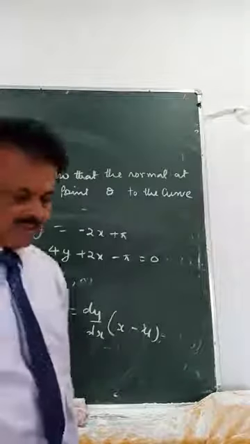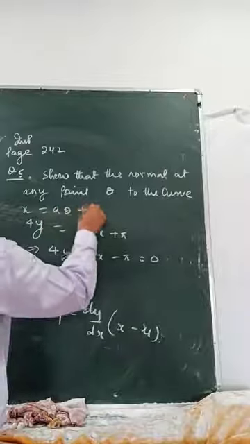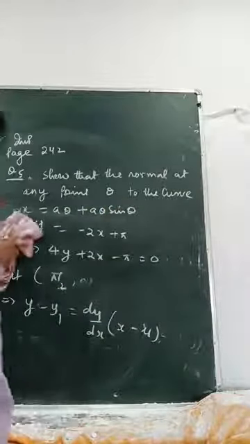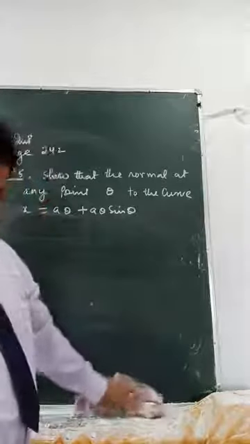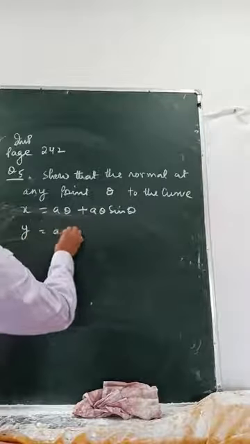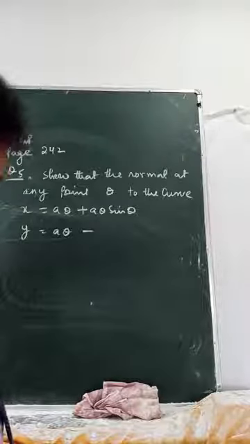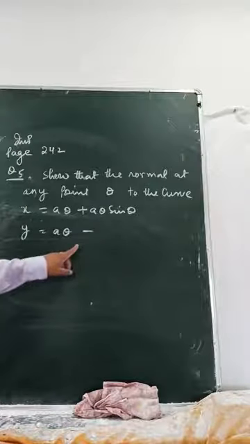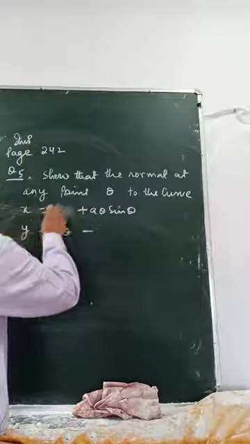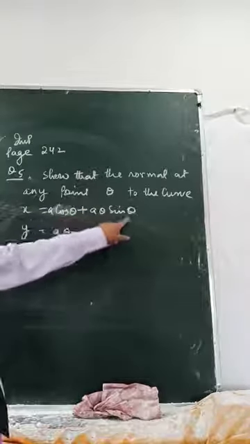The curve is given in the parametric form. x equals a cos theta plus a theta sin theta, y equals a theta minus a theta. Sorry, there is a mistake. a cos theta plus a theta sin theta,